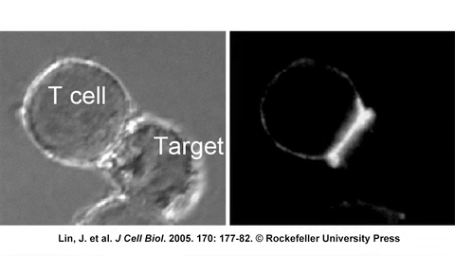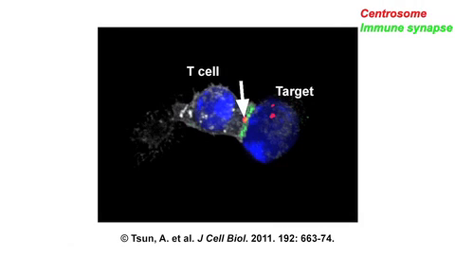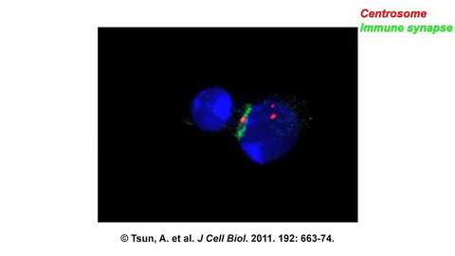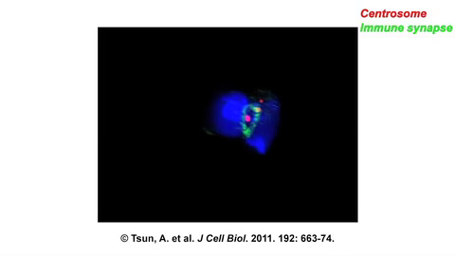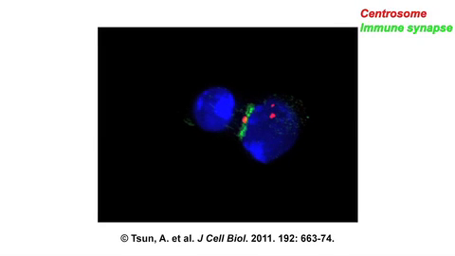When a T-cell encounters a target antigen-presenting cell, it forms a specialized contact site called the immunological synapse. The lymphocyte centrosome translocates to the synapse in order to polarize the microtubule cytoskeleton and direct the secretion of cytokines or cytotoxic agents toward the target cell. Fanni Gergely from the University of Cambridge and Cancer Research UK is interested in how T-cells rapidly polarize their centrosomes